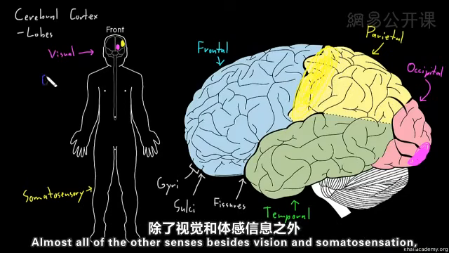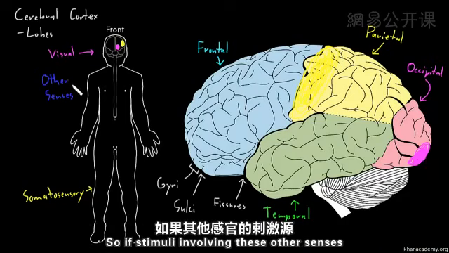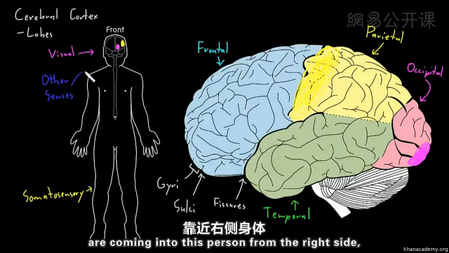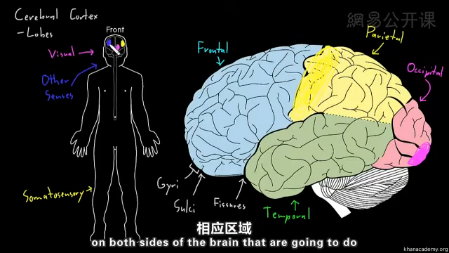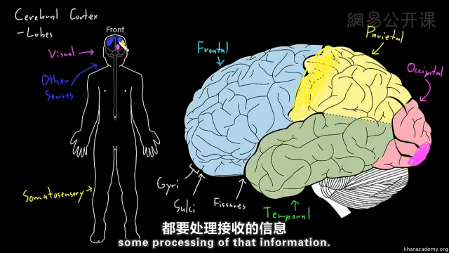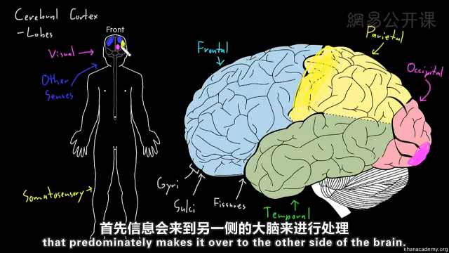Almost all of the other senses, besides vision and somatosensation, tend to get processed in areas of cerebral cortex on both sides. So if stimuli involving these other senses are coming in to this person from the right side, usually there are going to be areas of cerebral cortex on both sides of the brain that do some processing of that information. But for visual information and somatosensory information, that predominantly makes it over to the other side